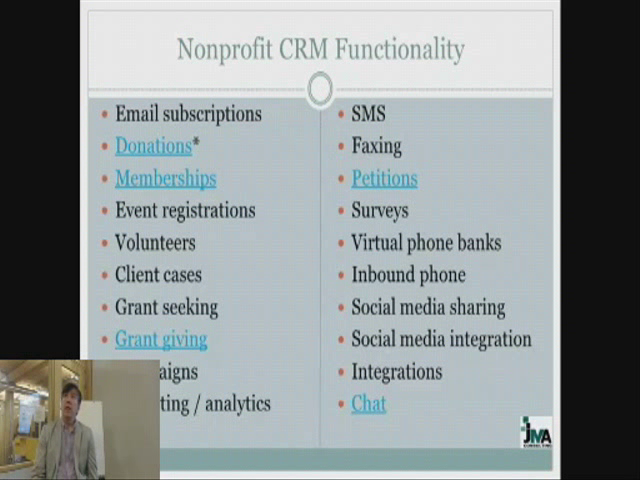That was a very 30,000-foot level idea of what a CRM is about. Here is a list of the kinds of functions that you would find in a nonprofit CRM. So a big one is email subscriptions. That's just important because that's usually the beginning of the funnel or ladder of engagement. That's the first thing someone would do to actively give you information about them and start taking a deeper relationship